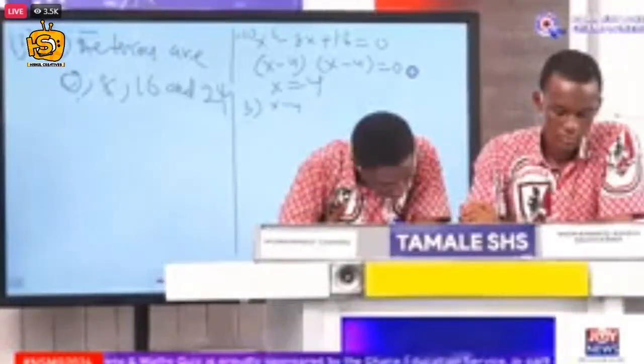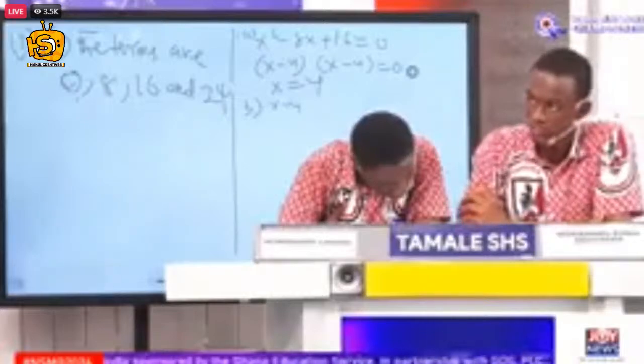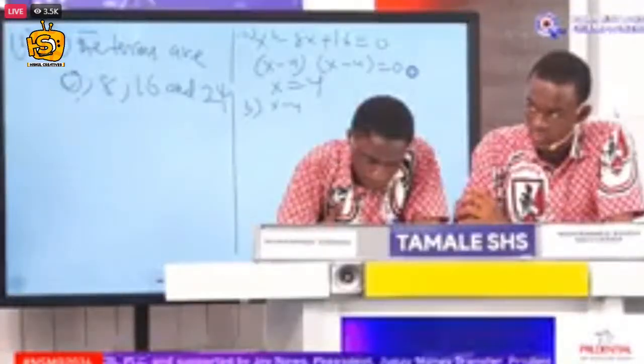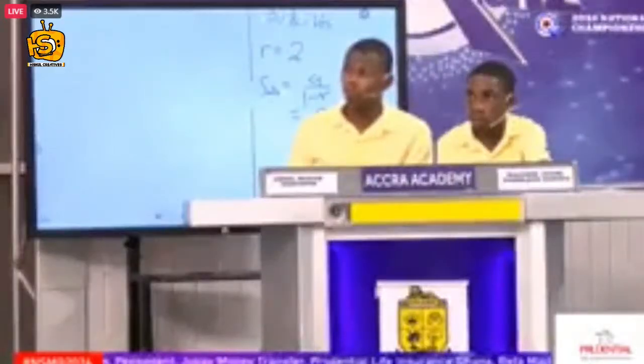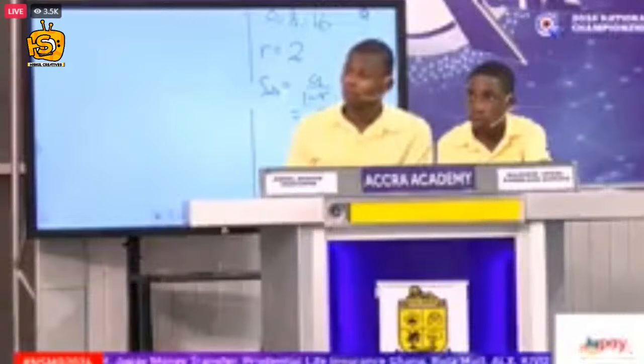So using the quadratic formula, negative b plus or minus square root of b squared minus, you remember that thing. So you use that, you will find that x is equal to 8 plus or minus square root of 128 all over 2. And this is 4 plus or minus 4 root 2. If you get this far, you will have 2 marks.